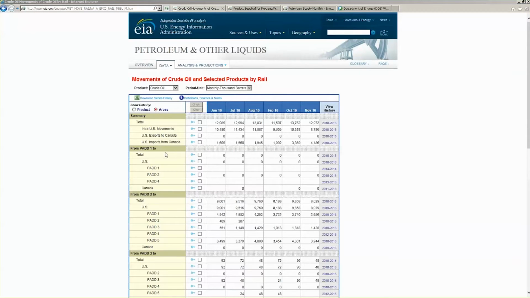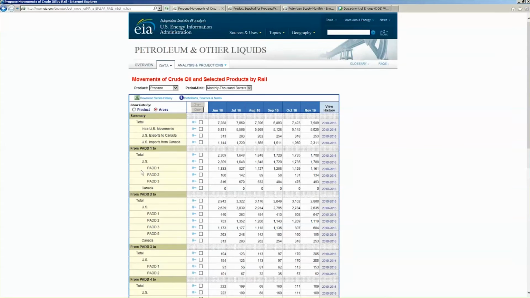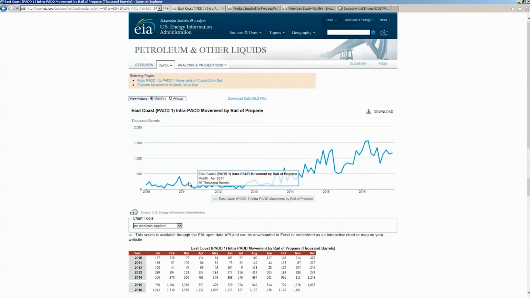On this page, you will find all the intrapad movements of rail, and it's the only place where you can find the intrapad. So just as an example, for PAD 1-to-1 propane, I went to the top here and picked propane as the product. You can see the movements within PAD 1 of propane. If you click this link on the right-hand side, it'll bring you to a graph of the entire data history